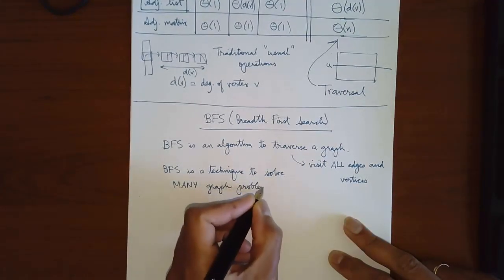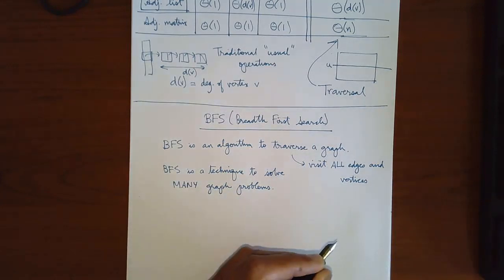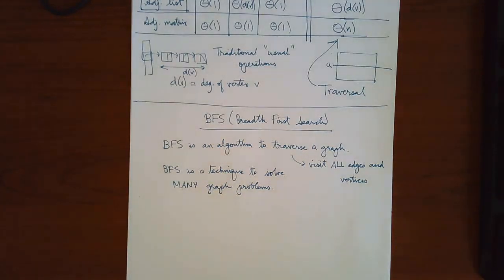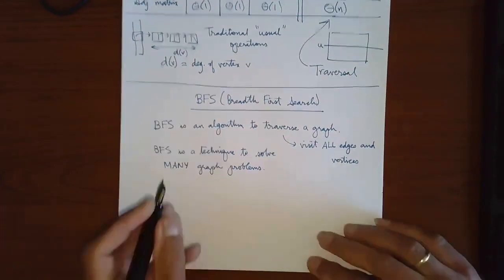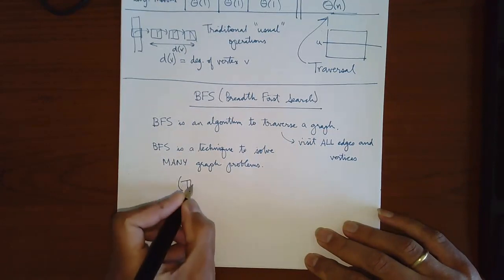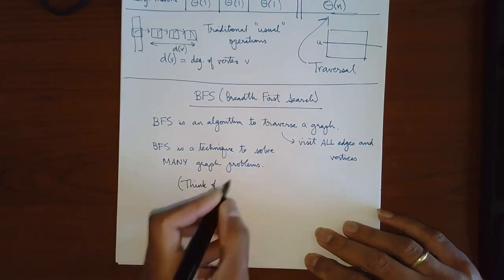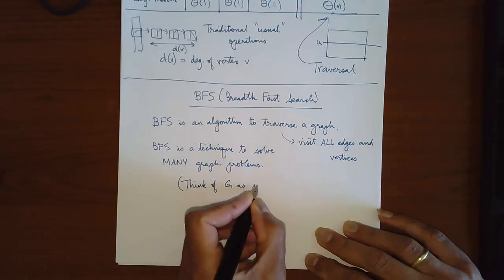Just like for test 4, you had these lists of different problems to solve. I'm going to give you a list of problems on graphs, and BFS is the technique that often solves most of them. To keep this discussion somewhat easier, I'm going to think of G as undirected